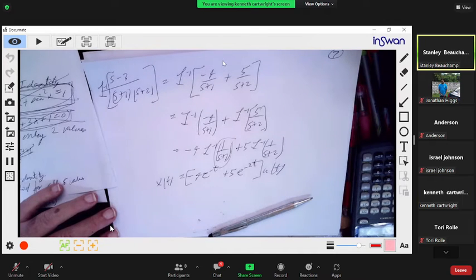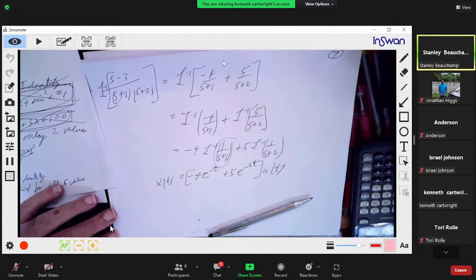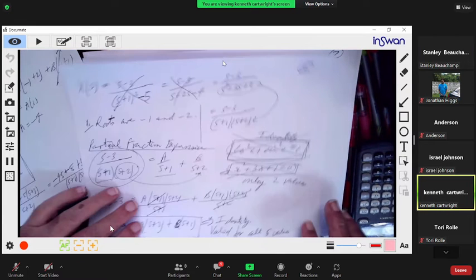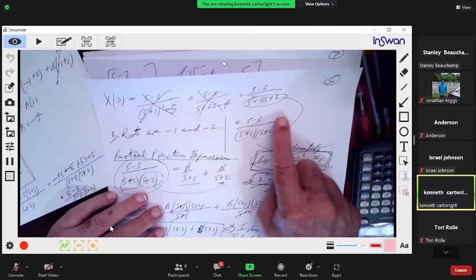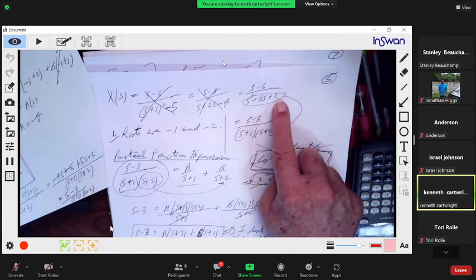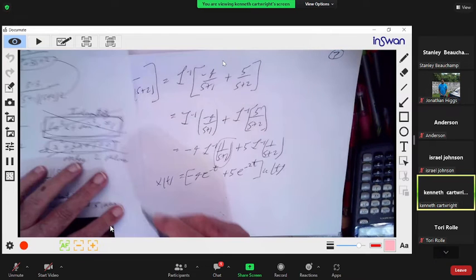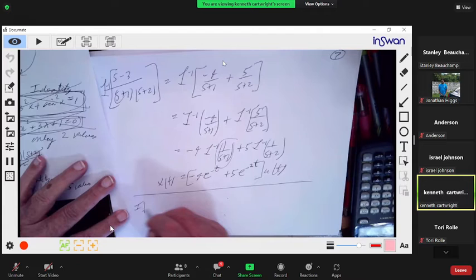Now I wanted you to see the structure of a question like this. A question could simply be, here's X of s equals this, tell me what x of t is. The question could be, if X of s